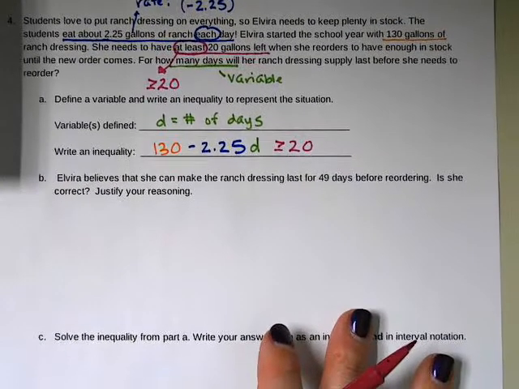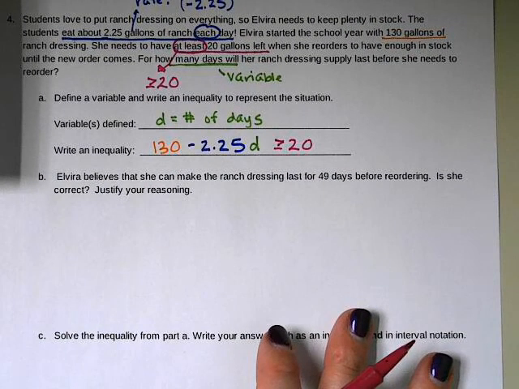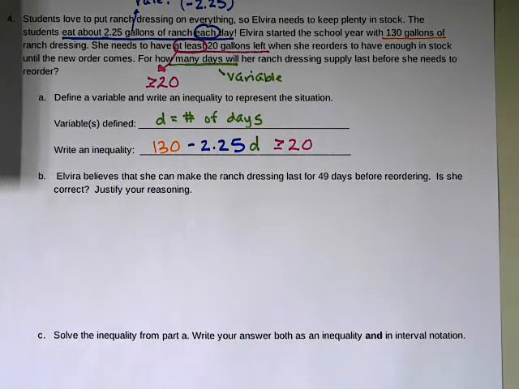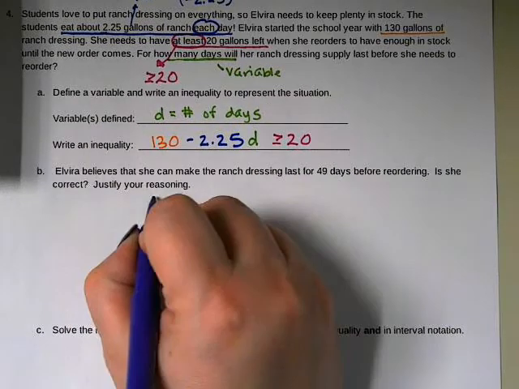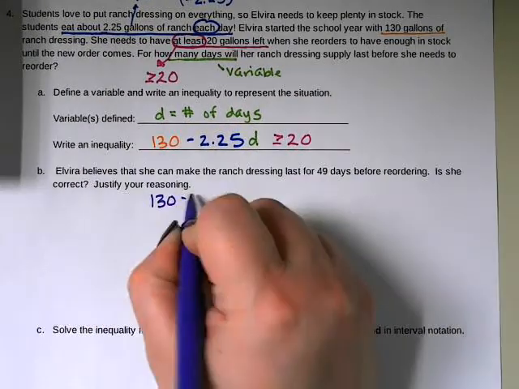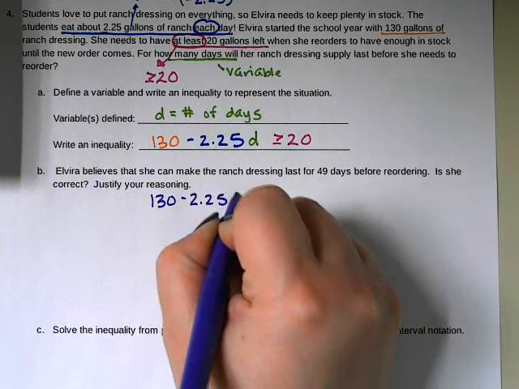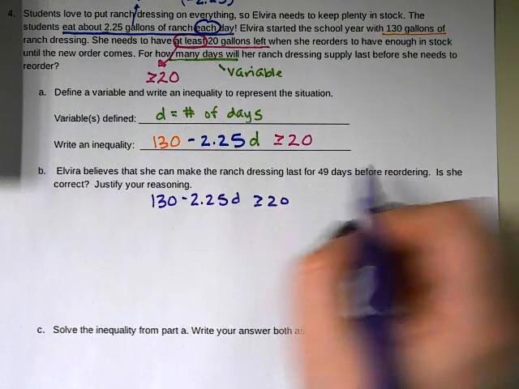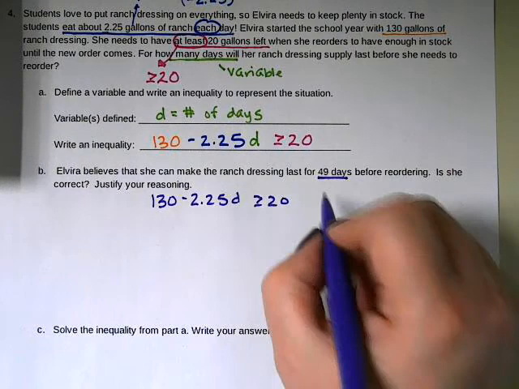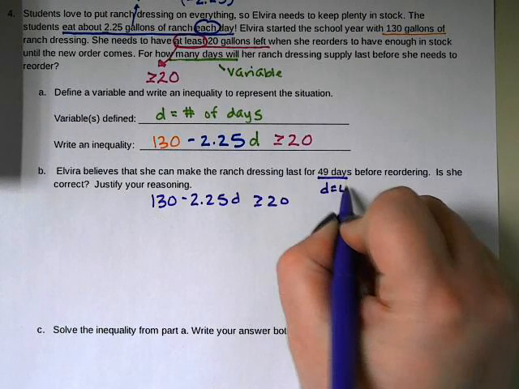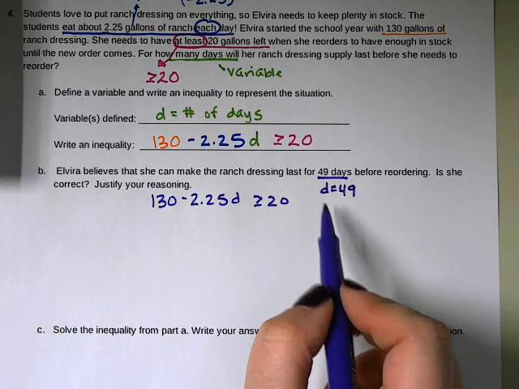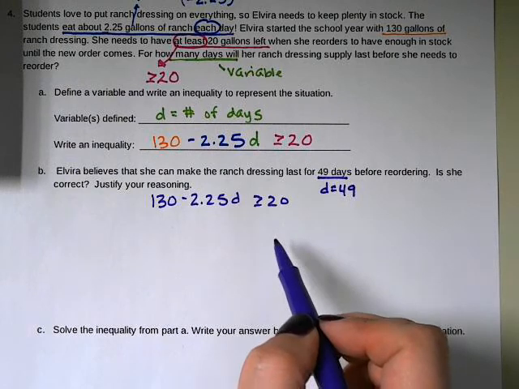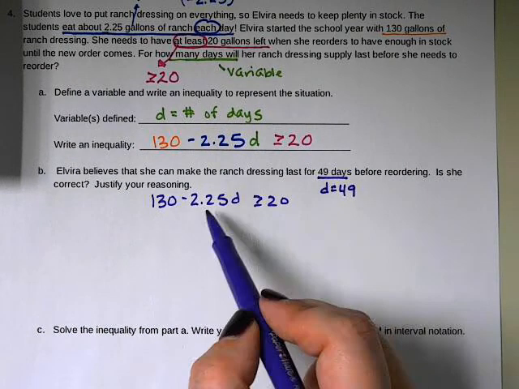So part B says Elvira believes that she can make the ranch dressing last for 49 days before reordering. Is she correct? Justify your reasoning. So in this case, we already have an inequality. We're saying that 130 minus 2.25D has to be greater than or equal to 20. Well, she's guessing that it'll last for 49 days, which means D is going to equal 49. All we have to do to figure out if she's right or not is see if 49 is a solution